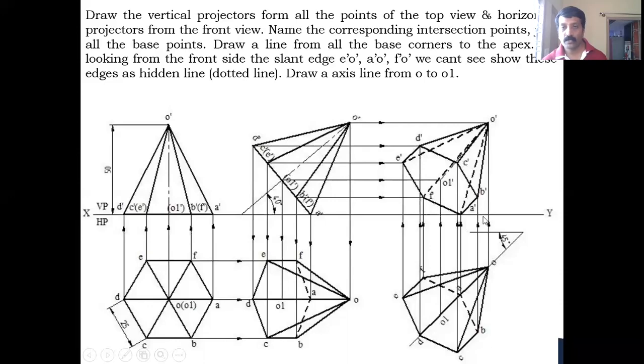So B to O you can see, make it visible edge. C to O also you can see, it is very much near to you. D to O is also, you can see, it becomes outermost boundary line. What about E to O? Can you see, you are looking from here? No. So E dash to O dash is hidden. And also you are looking from here. F to O you cannot see. That's why F dash to O dash is hidden. As well as A to O, you cannot see. That's why A dash to O dash also is hidden.